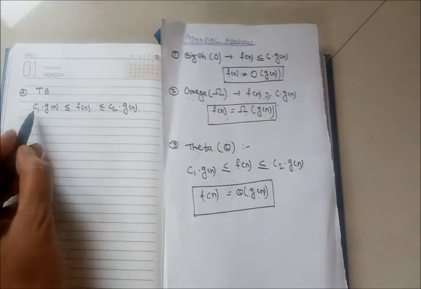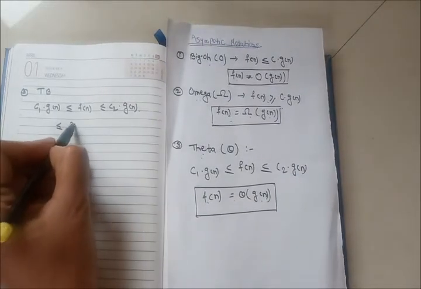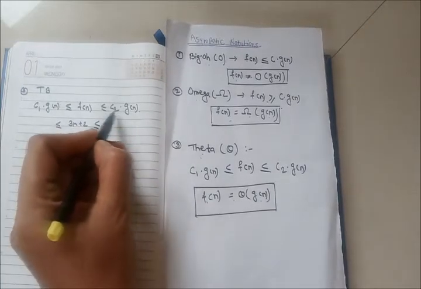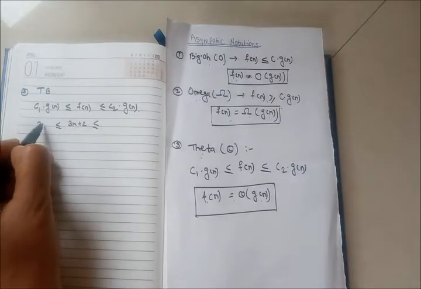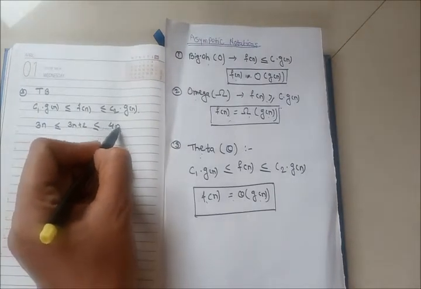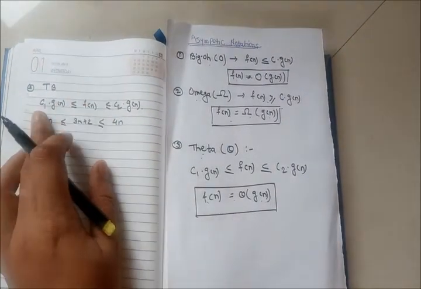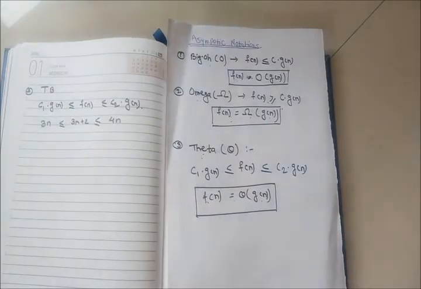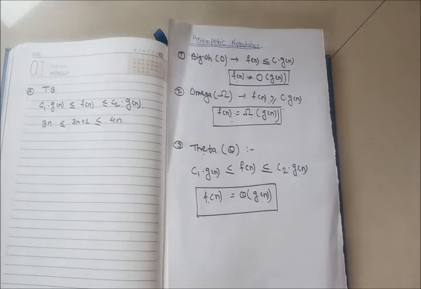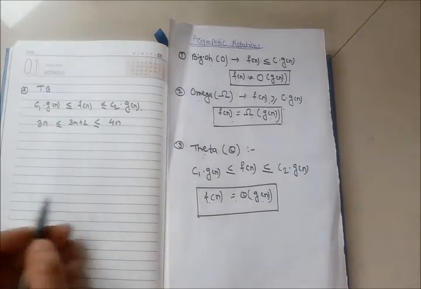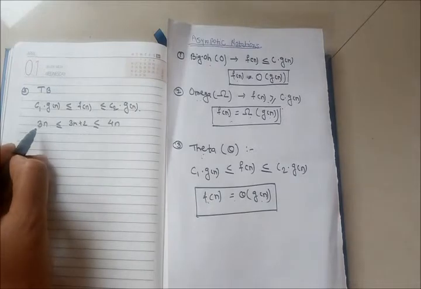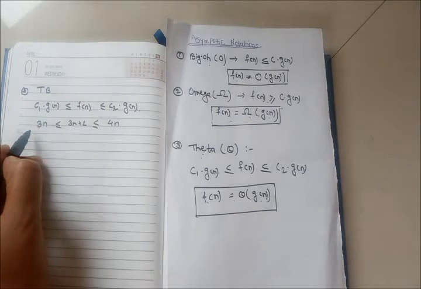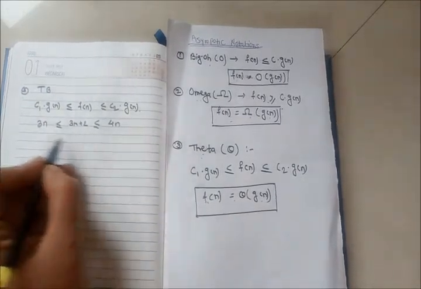Fine. So what is the value of f of n? It is 3n plus 2. For c1 and c2, the lower bound value is 3n and the upper bound value is 4n. First is the lower bound, then f of n, and last is the upper bound. So what is the solution for this? You have to calculate the consequent values of n, and after some iterations you will get this equation as true. That value you can put into consideration for the solution.